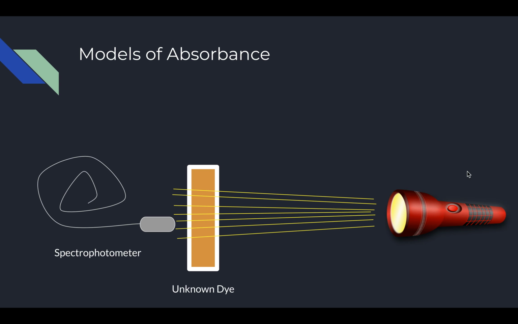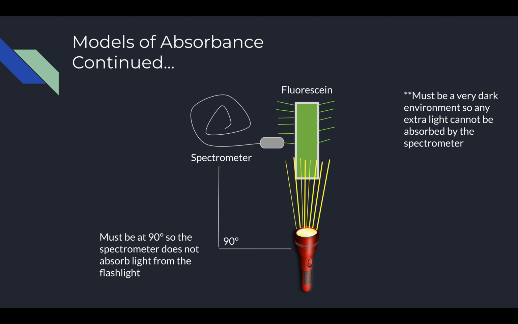To find the absorption of the unknown dye, we first had to find the light absorption spectra. To do that, we hooked a spectrophotometer up to a computer, and we shined a flashlight into the unknown dye and used the spectrophotometer to determine the light absorption spectrum. We did the same thing for the fluorescein, but we had to do it a little differently. It had to be at a 90-degree angle so that the spectrophotometer does not absorb light from the flashlight, and it had to be a very dark environment